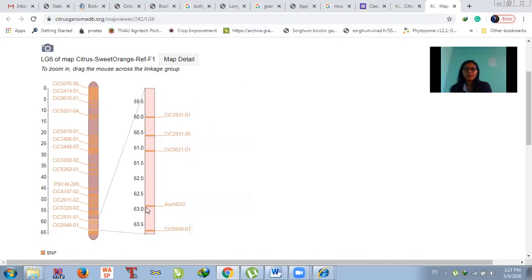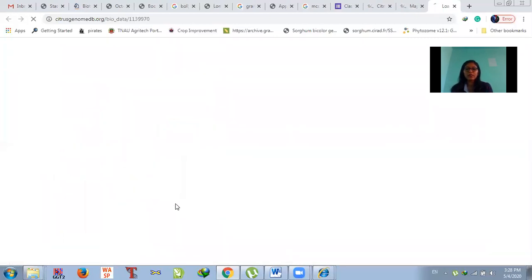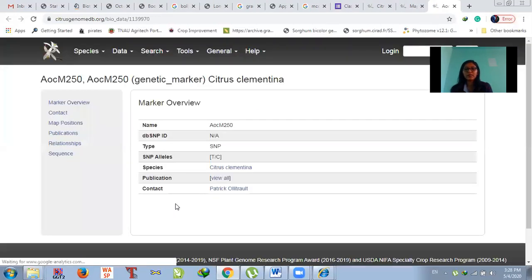So this is a marker present near 62.8 centimorgan at the telomere end of chromosome number 6. From here you can again get information like the flanking markers present next to your targeted marker. You can find the flanking markers, that is 94801 and 52101. These are the two flanking markers nearer to your marker of interest. And if you click on this marker, you get a general overview of it, what kind of SNP allele is present in that marker, and you can easily find the sequence of this marker.